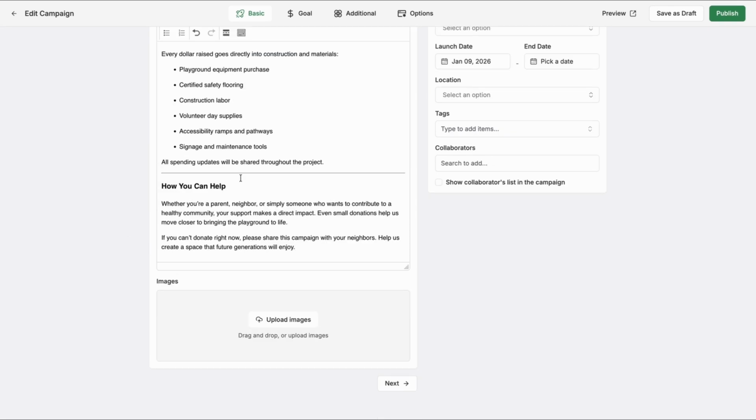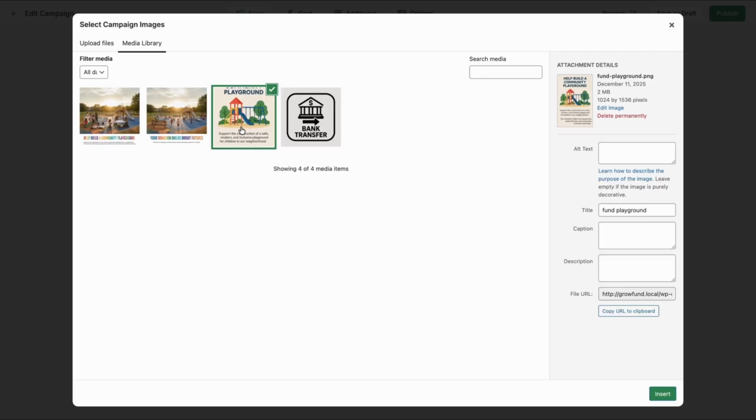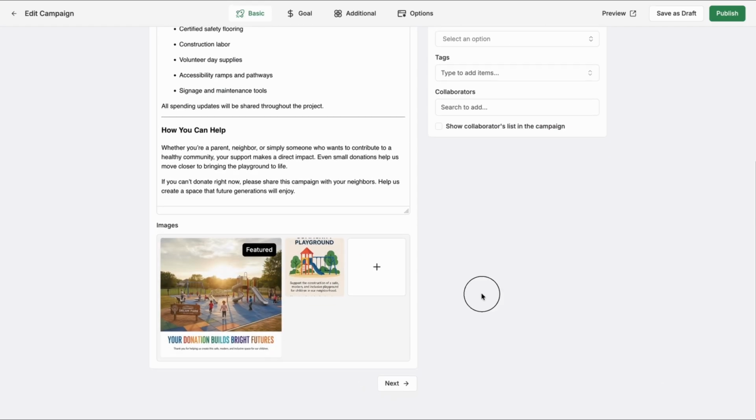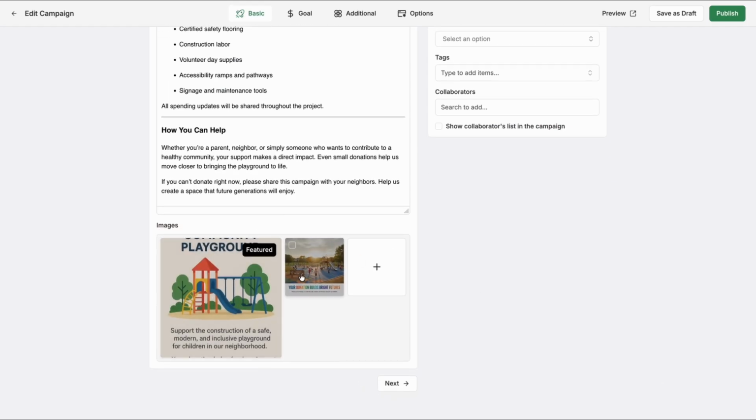Once you've filled up the story, then you can move on to images. If you upload images here, this will help visualize what your campaign is all about. This will help attract more donors to your campaign, and you can have multiple images here that will show up as a carousel on the front end of the campaign page. So let's go ahead and add some images. Once you add images, you can shift them around, and whichever one is first here is going to be